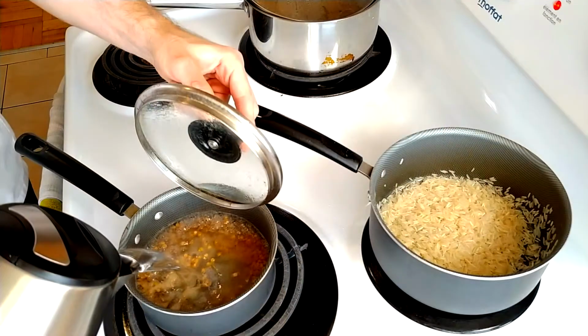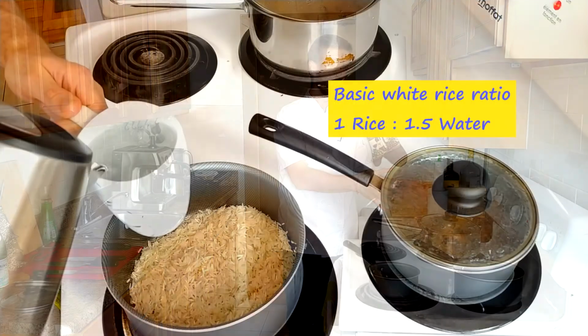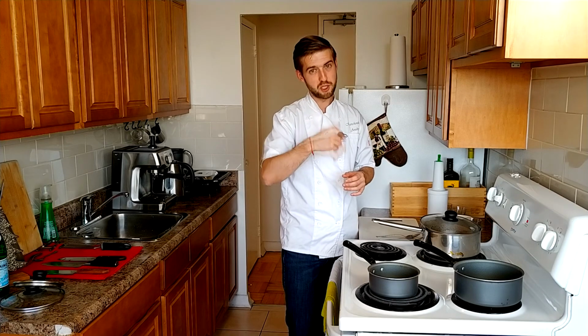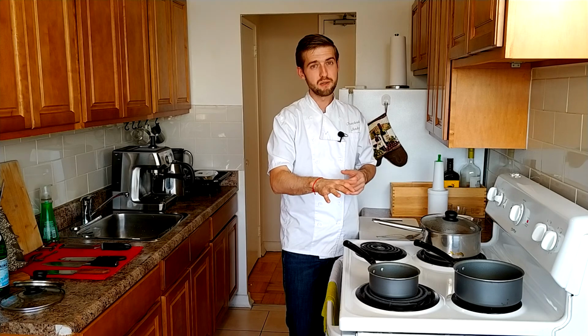I made it in hot water because, in my opinion, most of the flavor here is going to come from the chicken. But if you want, you can use the white chicken stock that we made again in the first videos. But in my opinion, here you can use just water. And I'm going to give you a small hack to make the rice very nice and white. Add a little bit of vinegar,